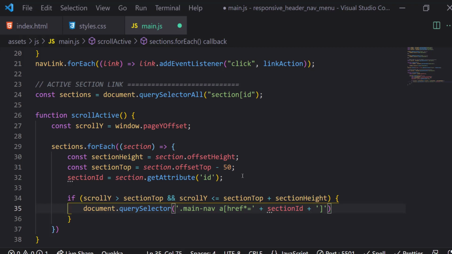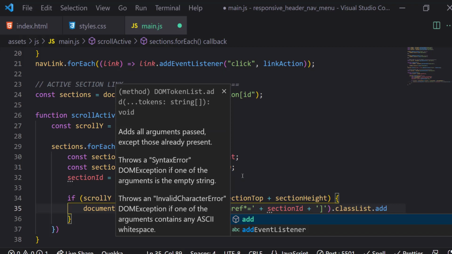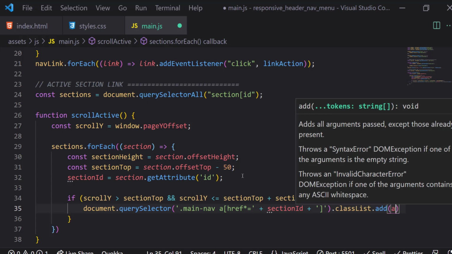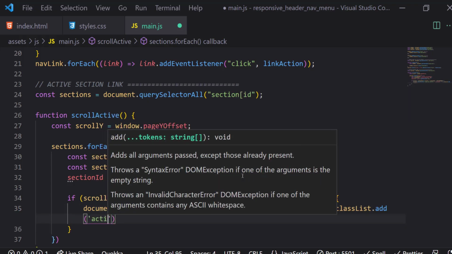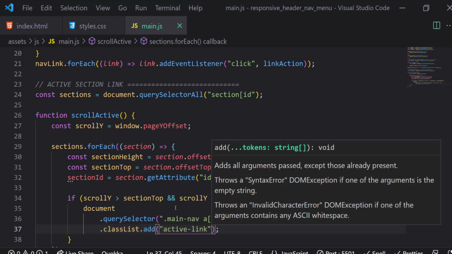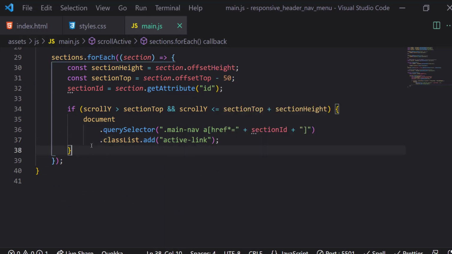And then I'm going to say .classList.add, let's add the active link, like so. So I'm going to save this,